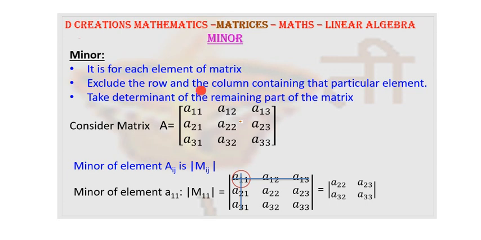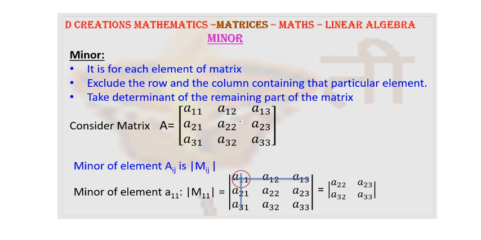So consider this particular matrix, which is a 3 by 3 matrix, and so it has 9 elements right from A11 up to A33. And now let us imagine that we want to calculate the minor of the element Aij, which is going to be denoted as determinant of Mij. So here if I take particular values of i and j to be 1 and 1, I have to calculate minor of element A11, which will be denoted as determinant of M11.